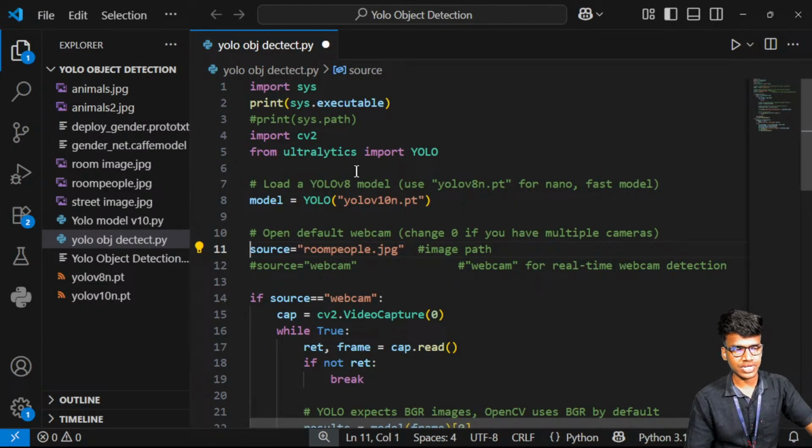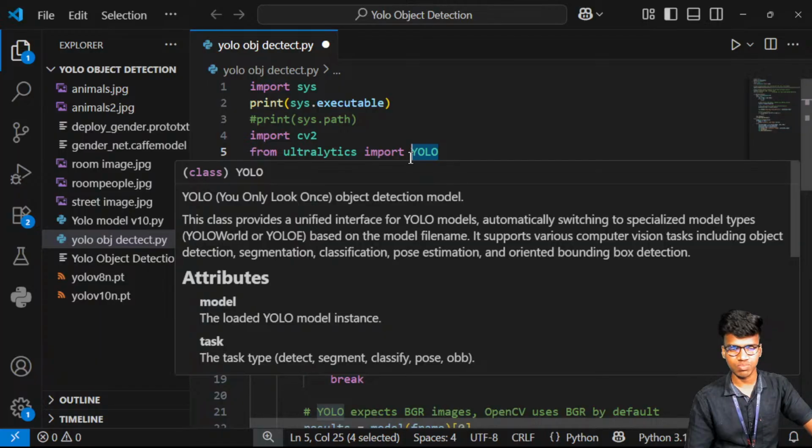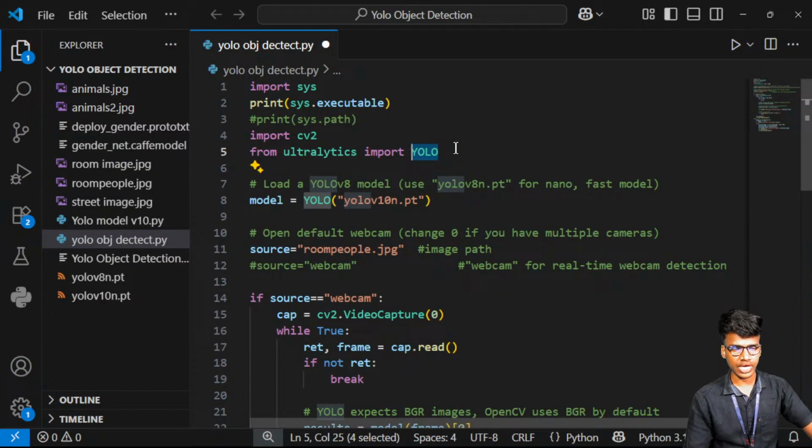And Ultralytics, it decides the version of the YOLO. YOLO is "You Only Look Once", that kind of model. So it helps to create the particular object detection concept. It gives a better output and better accuracy. That's why we can use object detection like YOLO in this place. So import cv2, and from Ultralytics, it helps to decide the version of the YOLO.